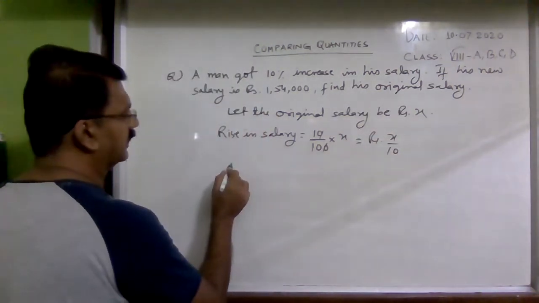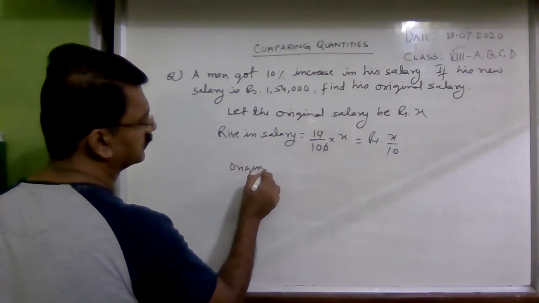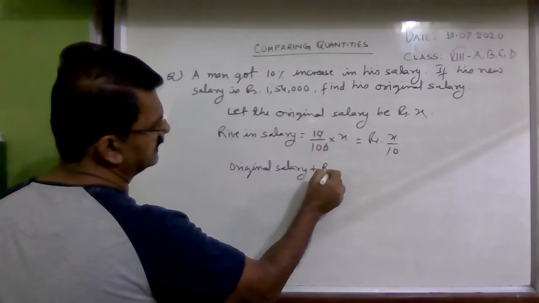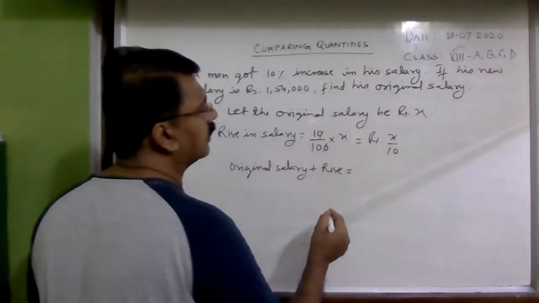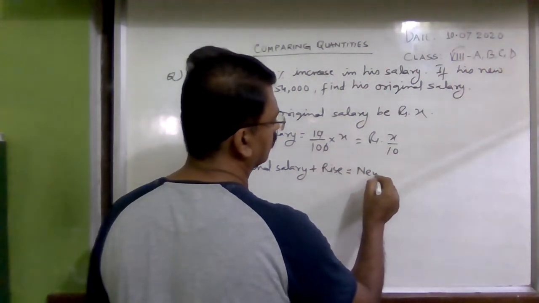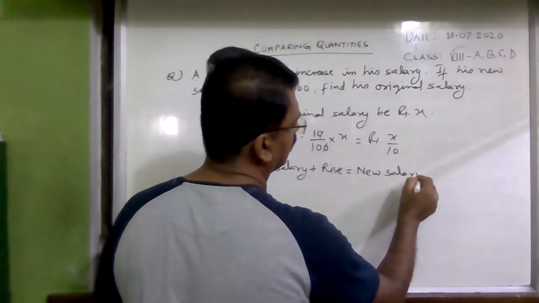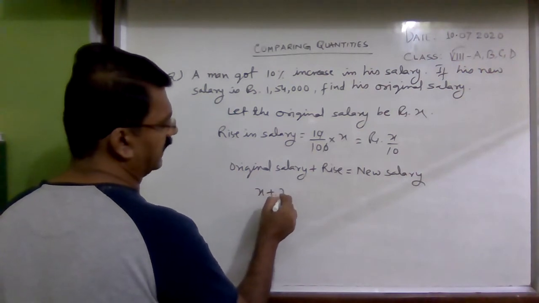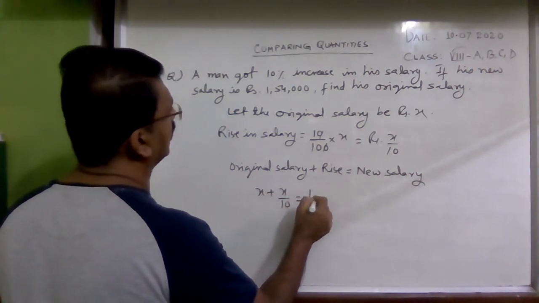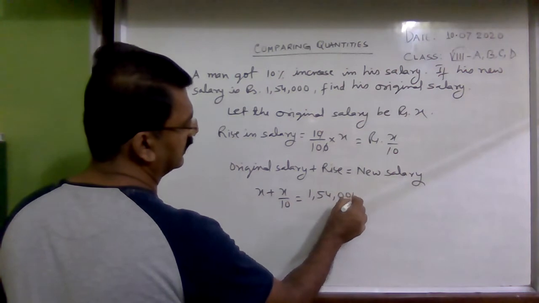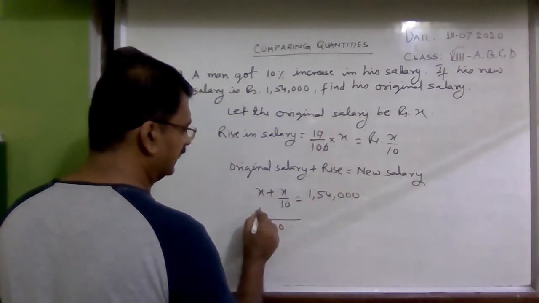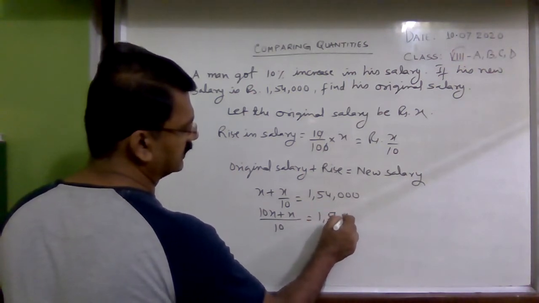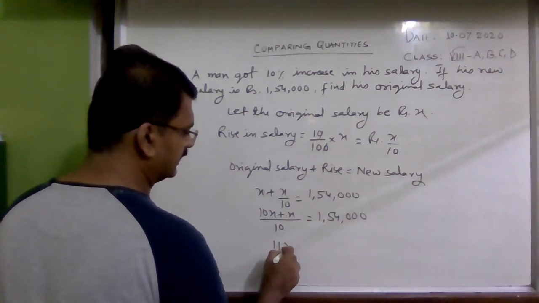Now you know that original salary plus rise is equal to new salary. Means X plus X by 10 is equal to 1,54,000. If you take 10 LCM again, 10x plus x is equal to 1,54,000, means 11x, and you cross multiply by 10,